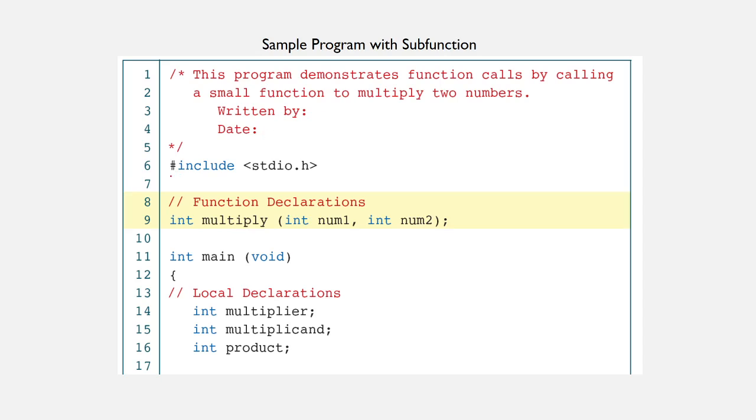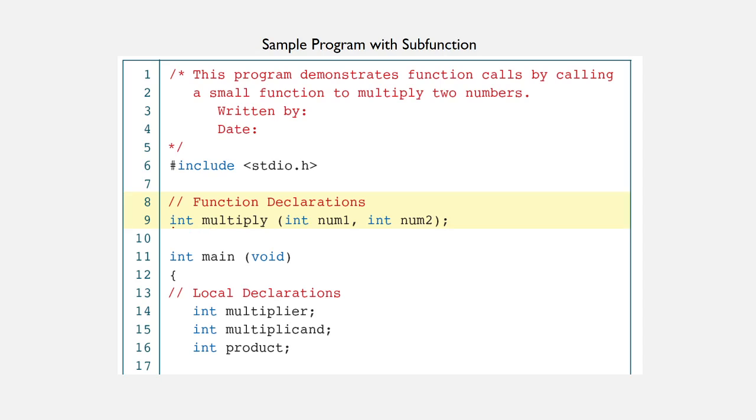Line 6 is a preprocessor directive for the standard input output header. Line 8 contains a single line comment describing line 9. Line 9 contains the function declaration.